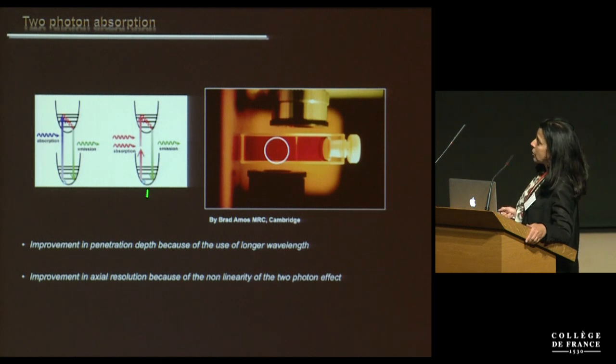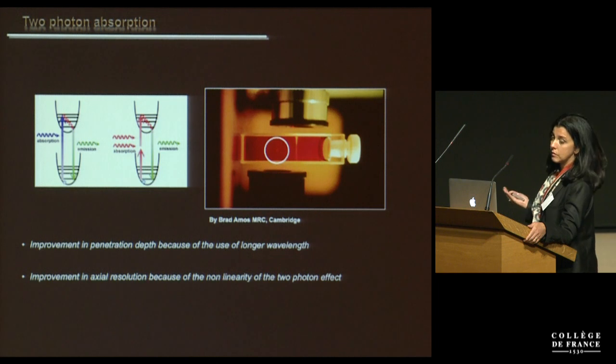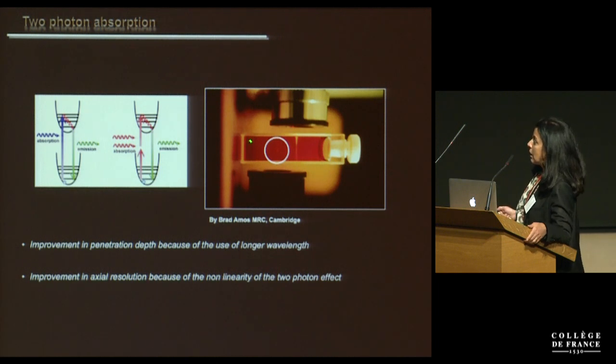And most important, because you need two photons, this effect has an intrinsic nonlinearity. And so as you can see here, you will have a significant response only when the photons are really nicely concentrated in space, while you will kill the out-of-focus response. So if you compare what you have in two-photon with respect to single-photon, you immediately understand that you can be much more precise. Okay, so the idea of replacing visible light with two-photon excitation is to be really able to hit a single